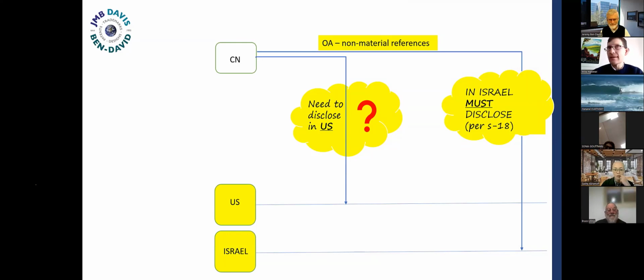On the other hand, if there's any doubt, if there's any feeling that, well, a US examiner may look at this the other way, then we're already in the region of where maybe it's not clearly non-material, maybe it could be material. And in that case, you got to do what you need to do to get it on file. Like I said, there's no obligation to seek out references. There's no obligation to disclose to the USPTO purely technical, non-material background references. And that may be a judgment call that you as the professional need to make in consultation with your clients and the inventors.